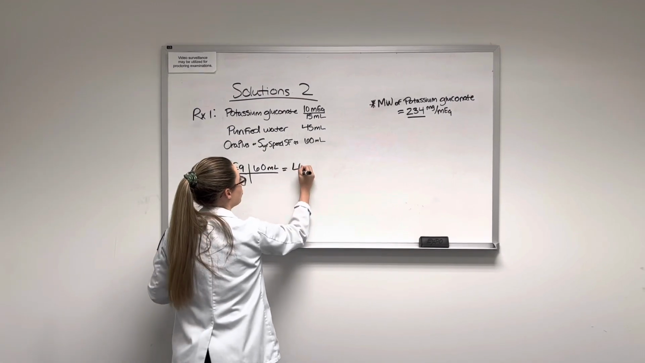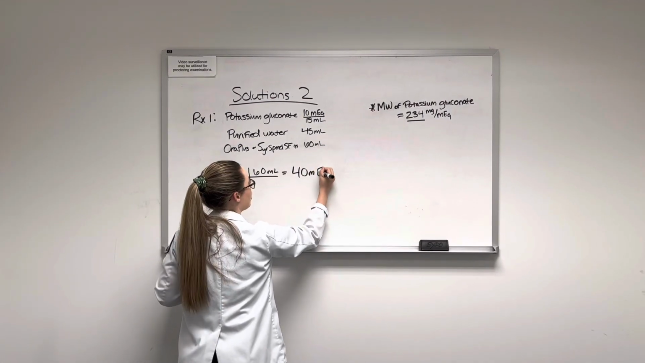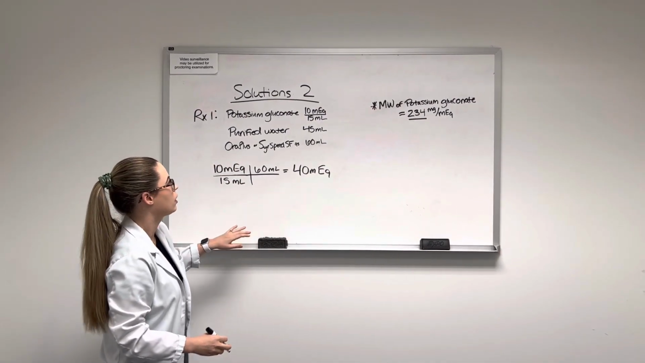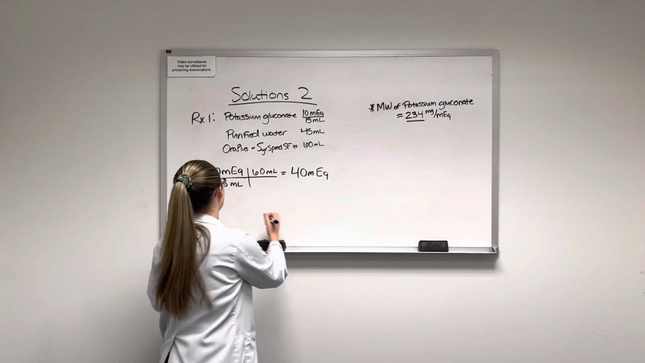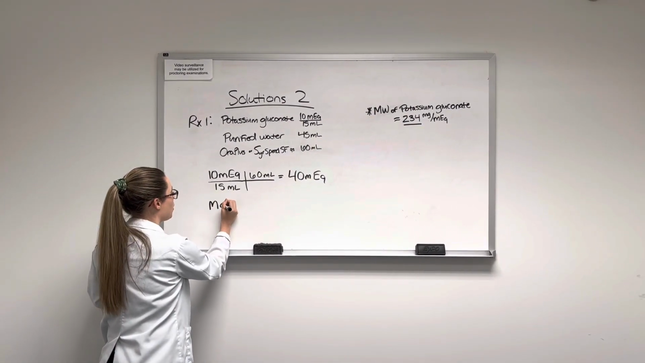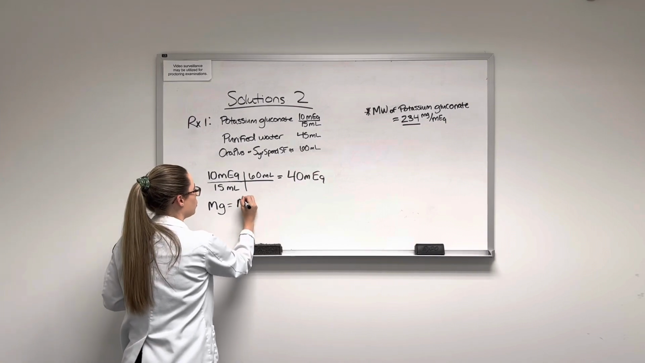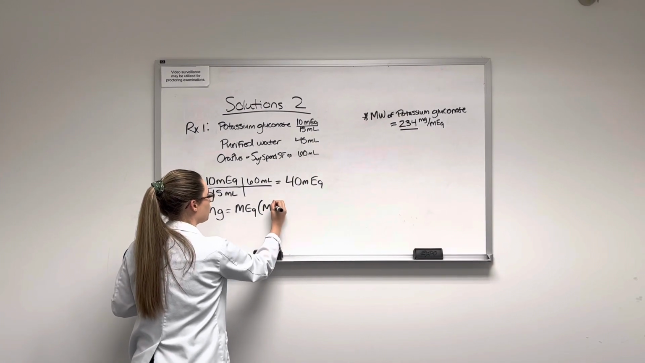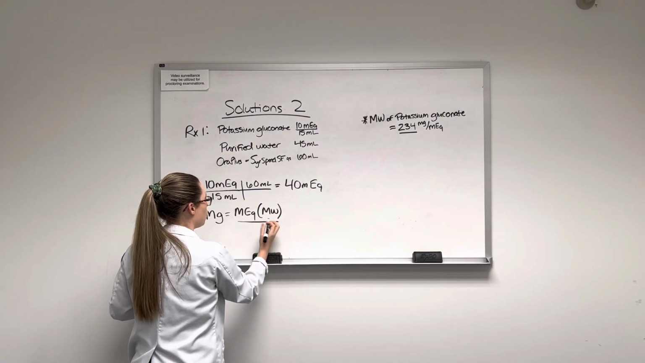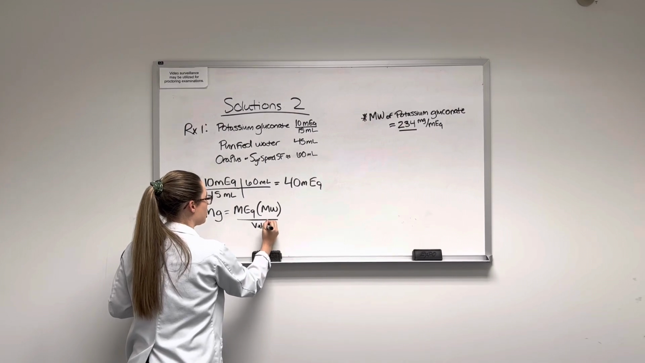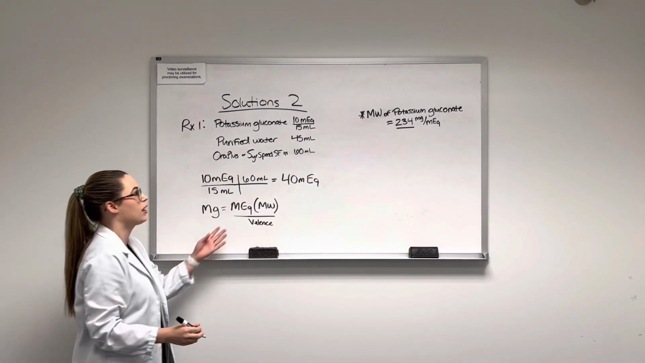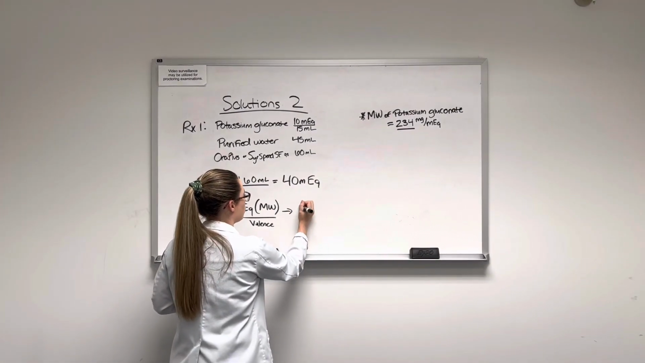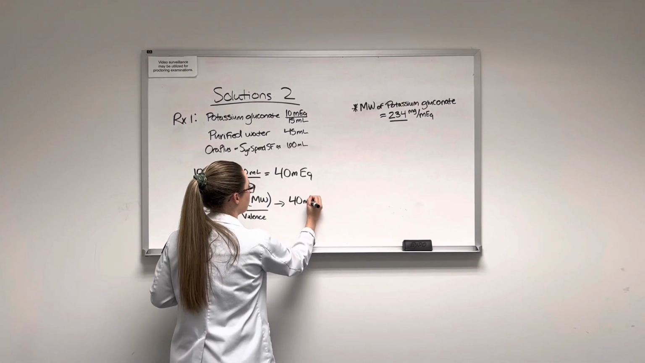So we determine the total number of milliequivalents we need in our solution, which is going to give you 40 milliequivalents. Then we use the equation: milligrams is equal to milliequivalents times our molecular weight over valence, which in the case of potassium gluconate is 1. So we know we need 40 milliequivalents